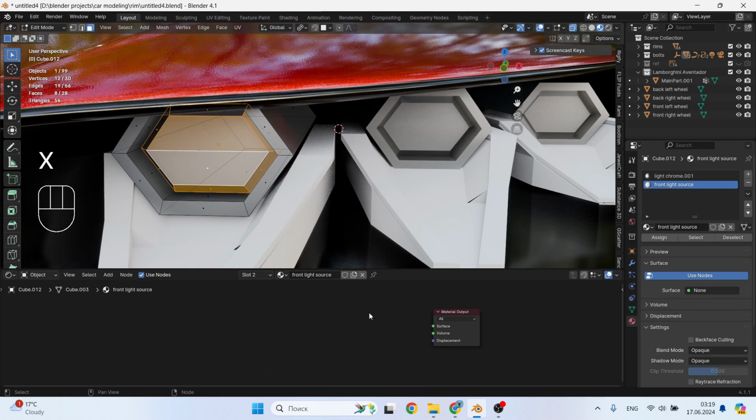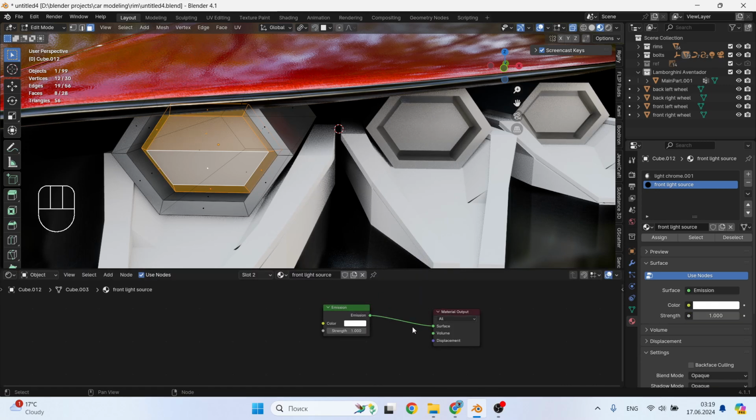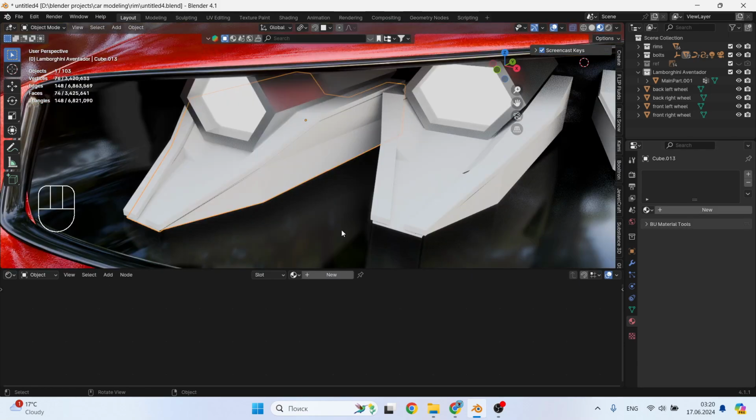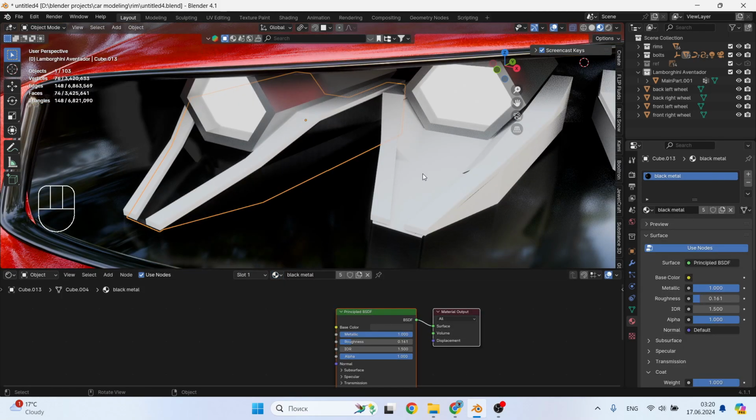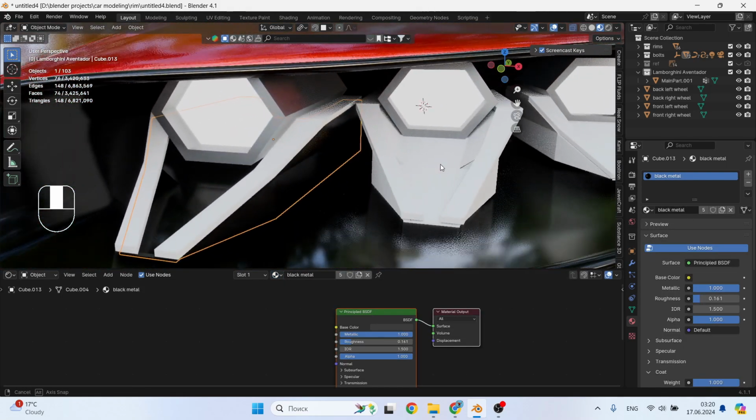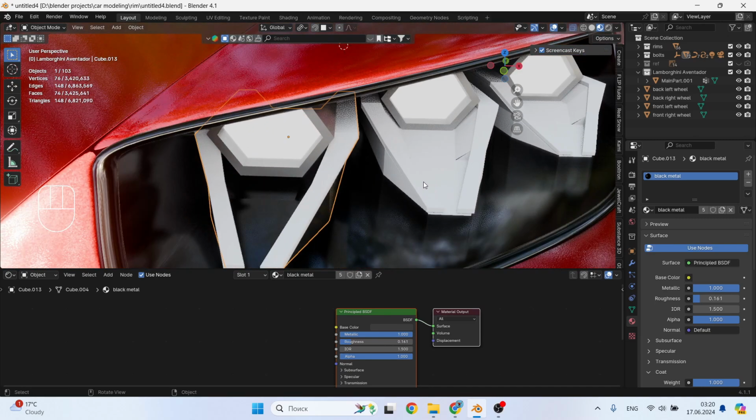I showed you how to do it with one light source, repeat it with the other two. We make the stands under the emitters the same black. I am not making a new design, I am just copying from the reference.